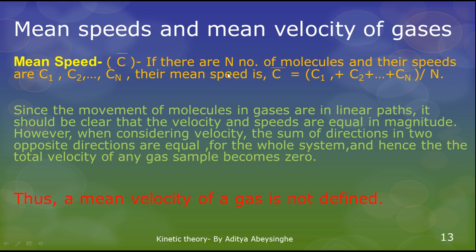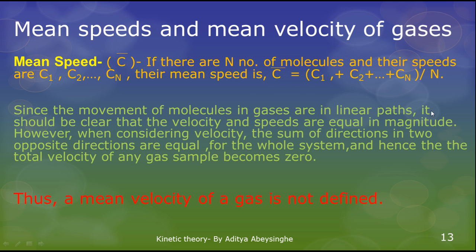Now in the case of velocity, you know that the total velocity of the molecules should be 0, right? Because if some molecule is moving in some direction with some speed, another molecule will cancel out that velocity with a higher or a lower speed. So for the whole gas sample, the total velocity of the molecules is 0. Since the total velocity is 0, the mean velocity, defined as the total velocity divided by the number of molecules,